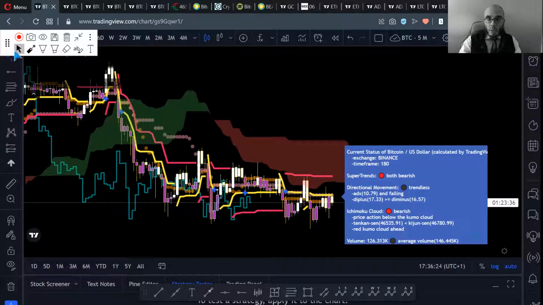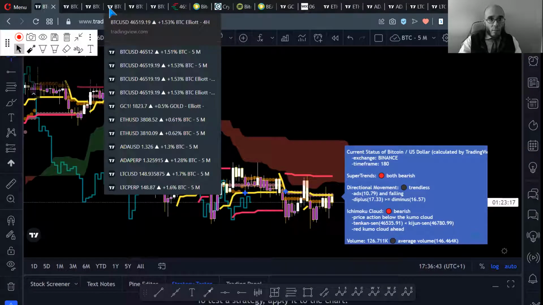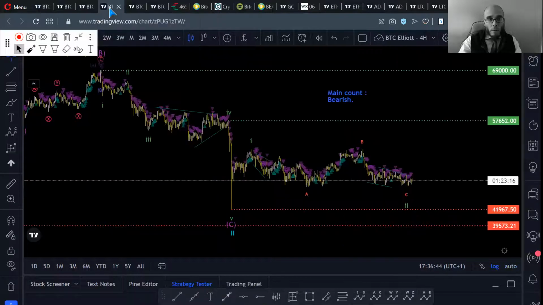And if I want to take a short position, I need Elliott wave to be bearish, and I need Ichimoku to be bearish. So now I have Ichimoku bearish, but I do not have Elliott wave bearish, as we will see as soon as I switch to